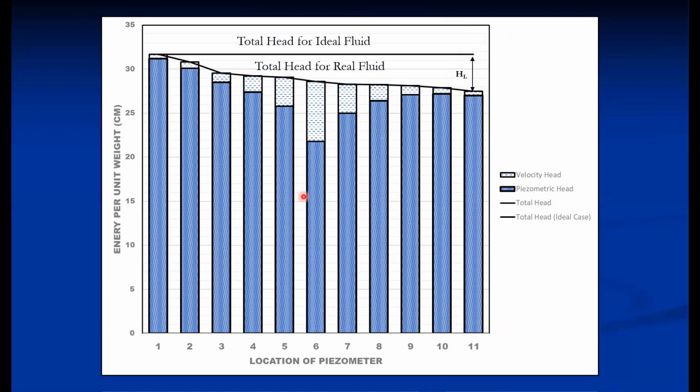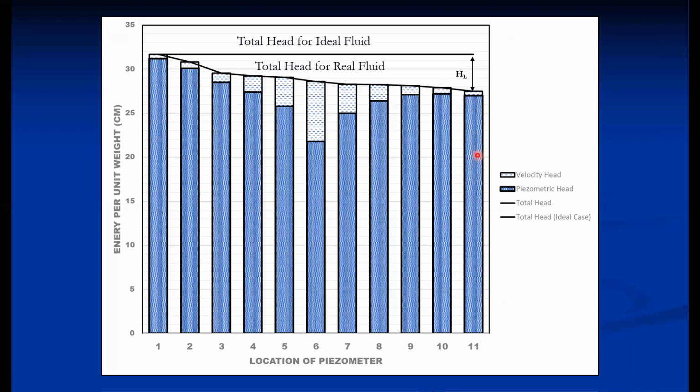So this head loss is mainly because of the change in velocity in this particular case, because the length is short. So whatever the loss, that is mainly due to change in velocity, because velocity is continuously changing. So this is the graphical representation of energy conservation in the Bernoulli equation. And as per the Bernoulli equation, the total energy at section 1 is equal to total energy at section 2 plus head loss. So this verifies the modified Bernoulli equation.